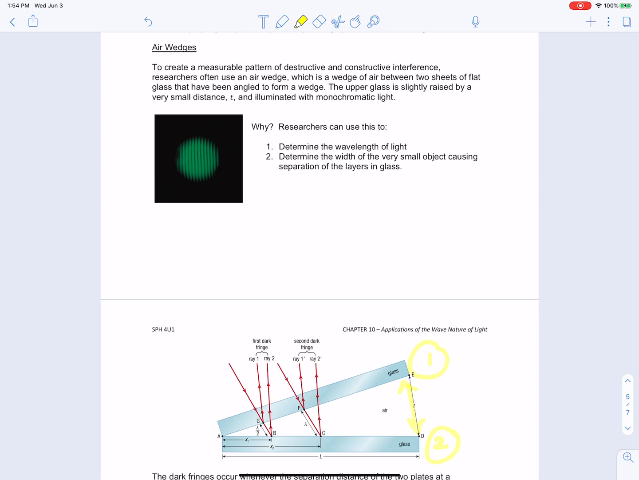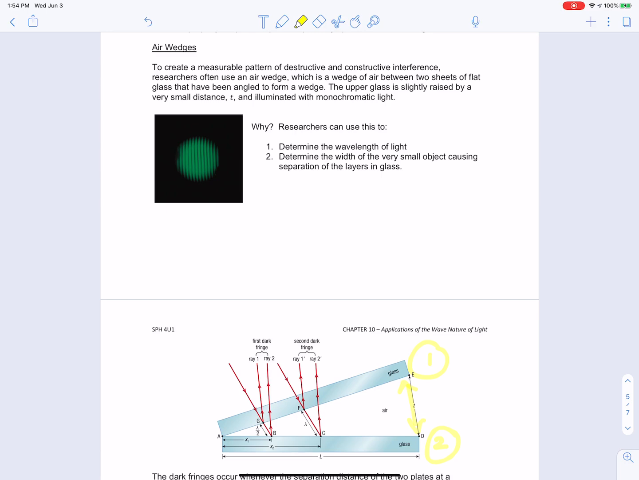The upper glass is raised slightly, a very small distance, which we'll call T, and illuminated with monochromatic light. So why do we do this? Well, we can do this, number one, as a means to calculate the wavelength of light, but a more practical reason that we can see, especially in industry, is sometimes 2 sheets of glass will elicit this pattern of interference and indicate that there is a small object causing the separation of the layers